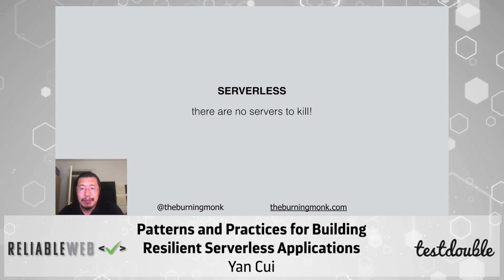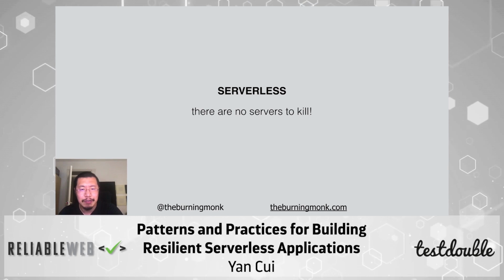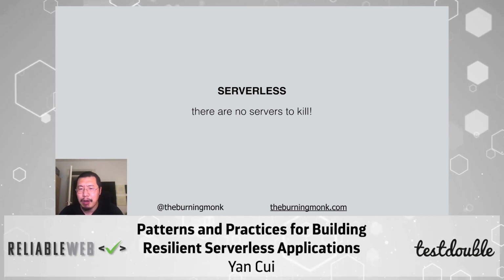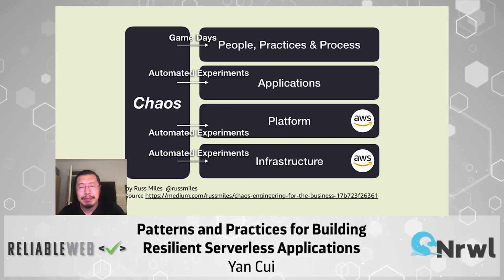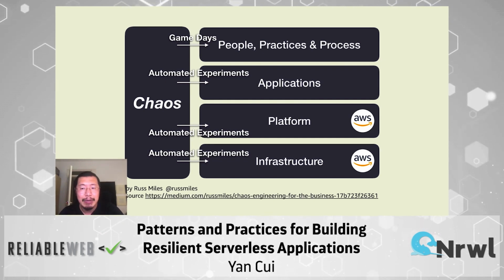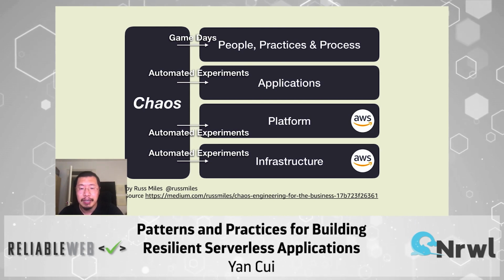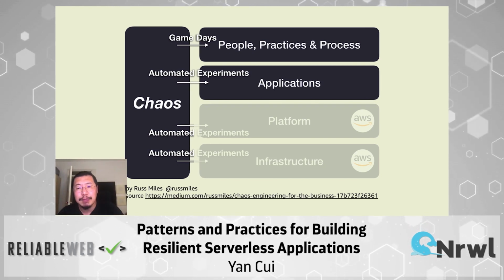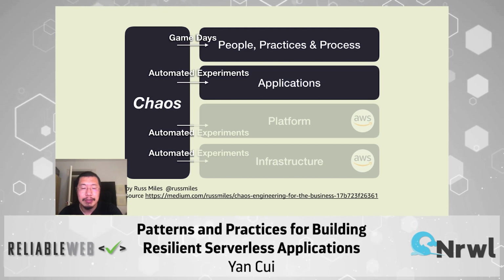This, however, is not so useful when it comes to serverless, since we don't have access to the servers that run our code, so there's no servers that we can actually kill as part of an experiment. And AWS is already doing all sorts of experiments to make sure that the Lambda service itself and the infrastructure beneath it are highly resilient, so as a customer, I don't have to worry about individual servers dying and the hardware failures. But I'm still responsible for my application code, and I can still use chaos experiments to identify weaknesses